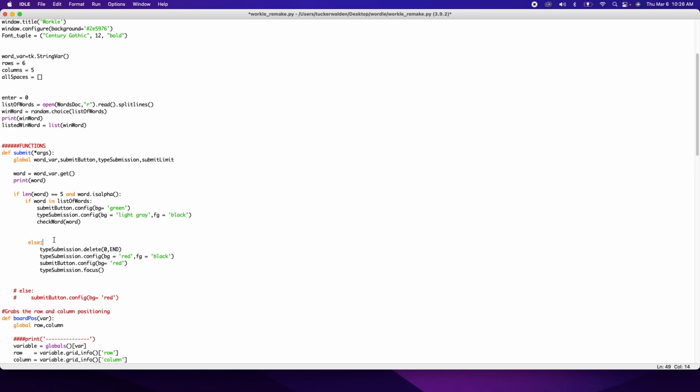If that word is not 5 letters and is not alpha, we're going to delete everything that's in the submission line. We're going to make it red to let the user know, hey, you input an invalid word. We're going to turn that submit button red as well, and we're going to focus back into that. So again, if we ran this now,